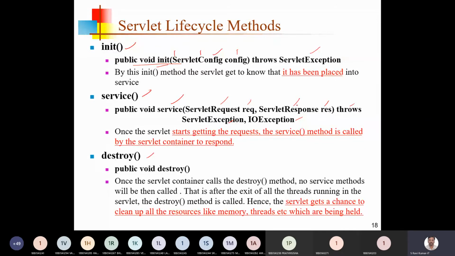The request object and the response object will be provided by the container. The request object is filled with the client's data. The response object is empty and should be filled up in our code. That's the only thing.